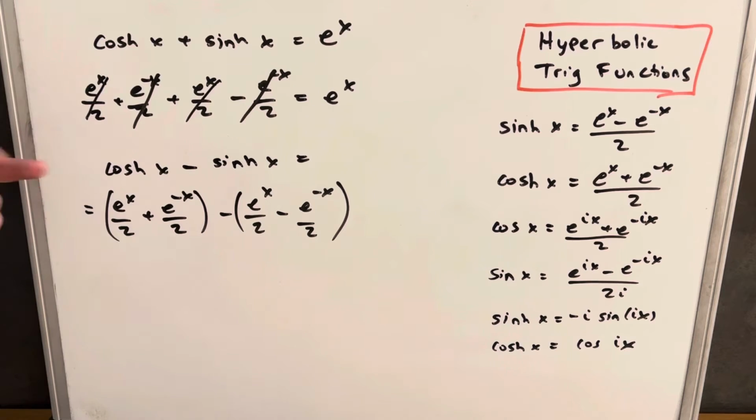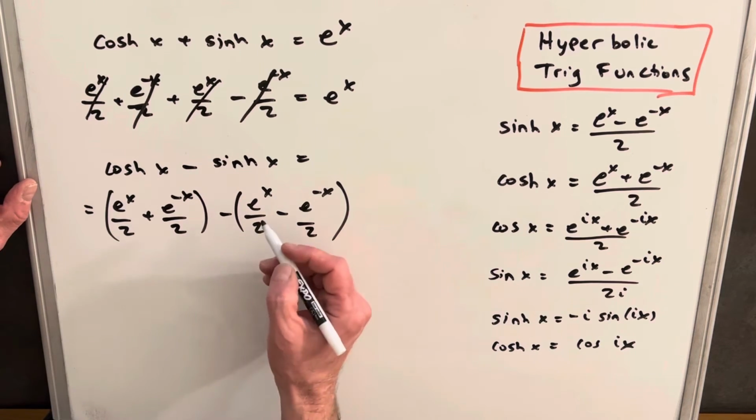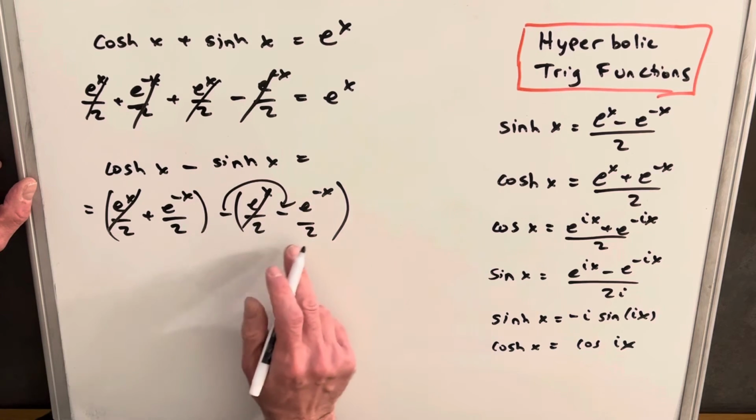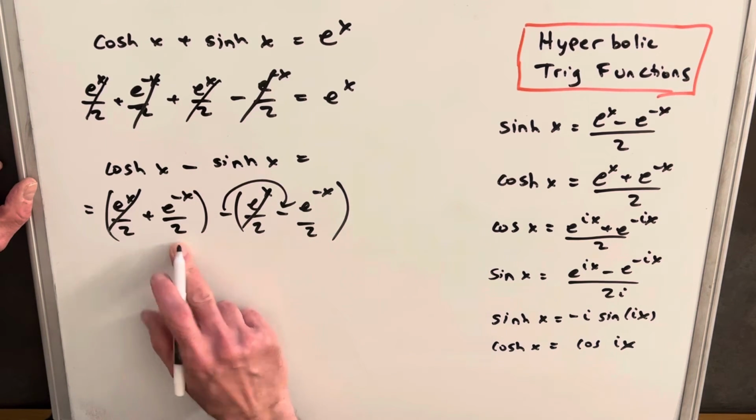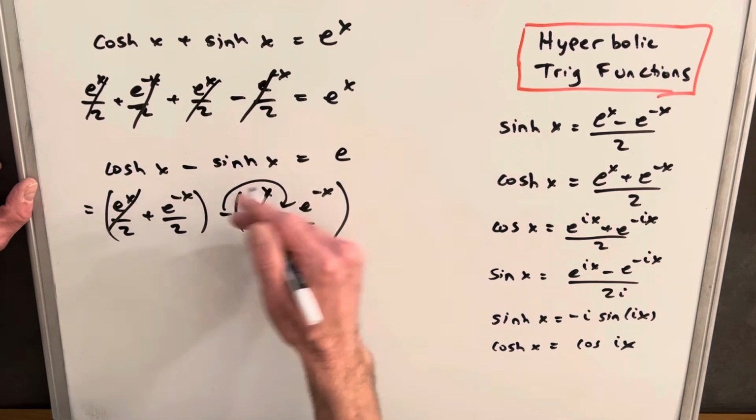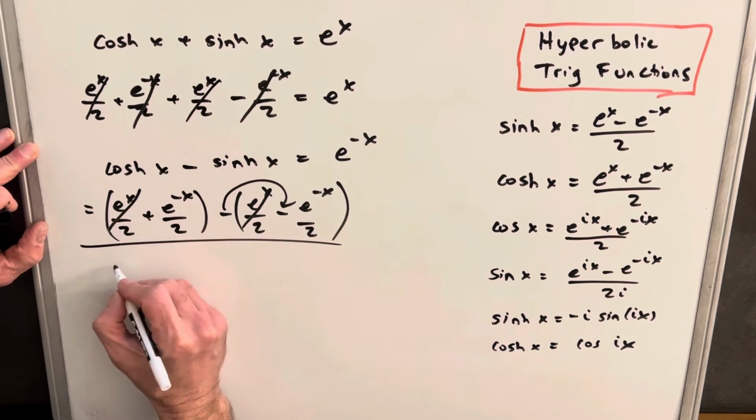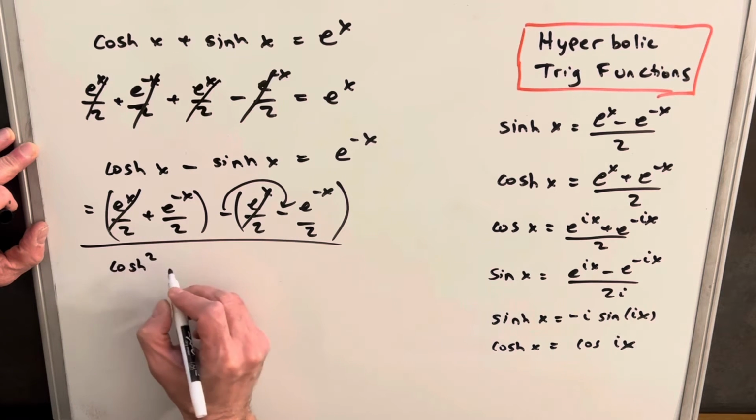Okay, now what happens when we subtract these two terms? Well, now it's just a different cancellation. These terms are going to cancel, but then we distribute the minus in here, and now we're adding the e to the minus x terms, and the difference of these is going to be e to the minus x. And what that's going to do is help us with our identity